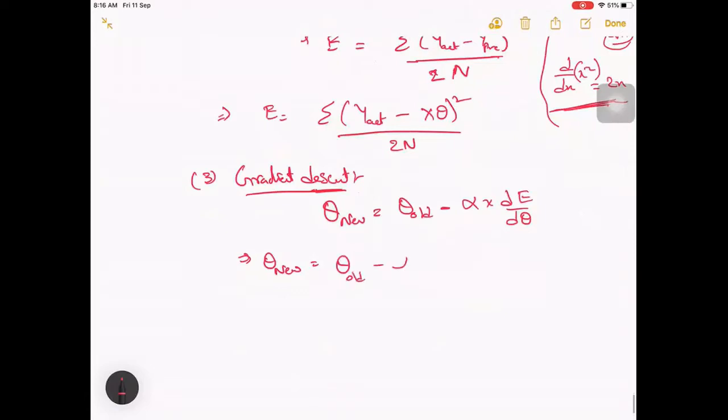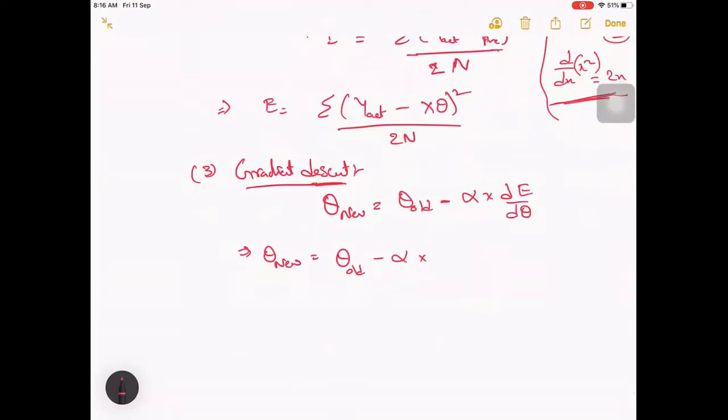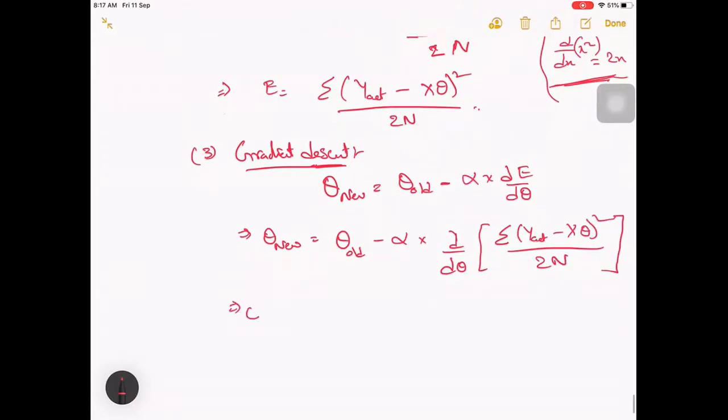Minus alpha into, so alpha is the learning rate, right? What will be the derivative of this? Now it will be dou by dou theta, the partial derivative of y actual minus x theta whole square divided by 2n. Let's compute that first.